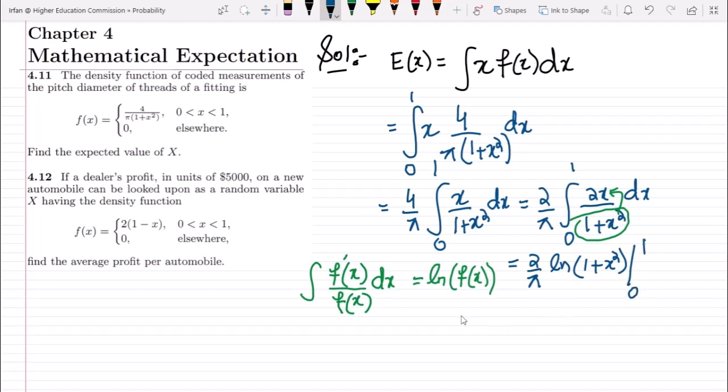Let me put values here. Putting these limits, what I will get is natural log of 1 plus 1, which is natural log of 2, minus natural log of 1 plus 0, which is 1. This is what we have. From here we can very easily see that natural log of 1 is basically 0. So therefore we will get here,